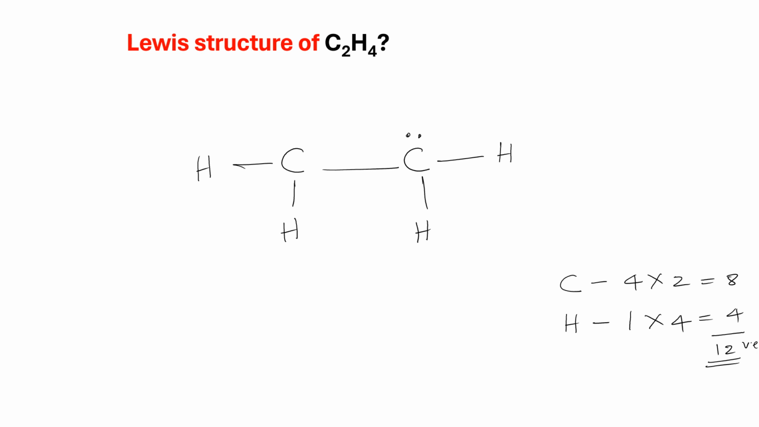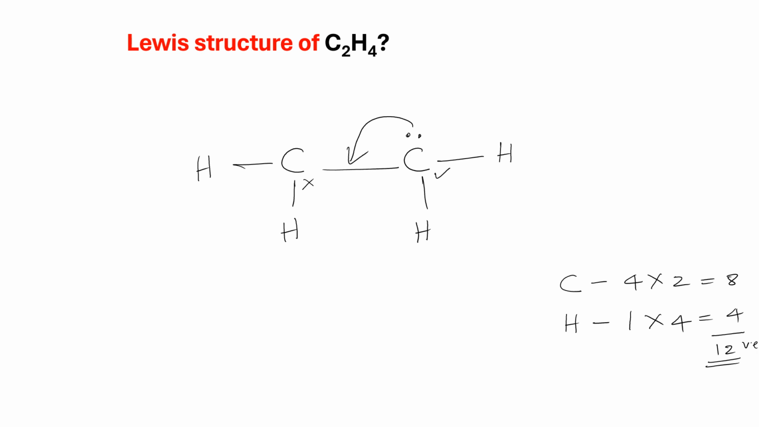The second carbon is okay having 8 electrons surrounding: 2, 4, 6, 3 bonds indicate 6 electrons plus lone pair, total 8. But the first carbon is not happy. Only 6 electrons surrounding the first carbon. So we need to make a double bond. This lone pair used to make a bond